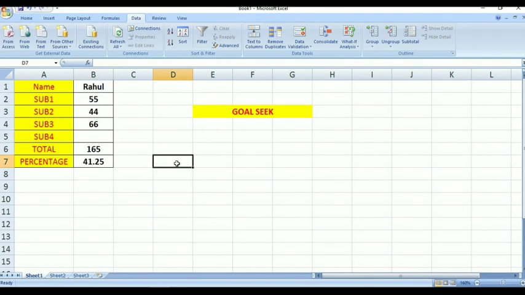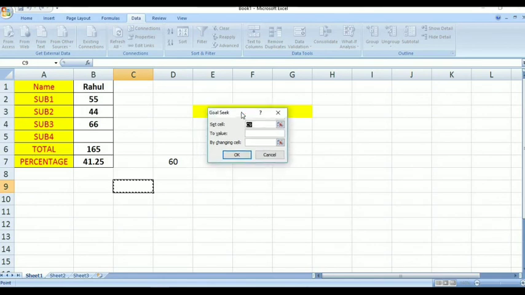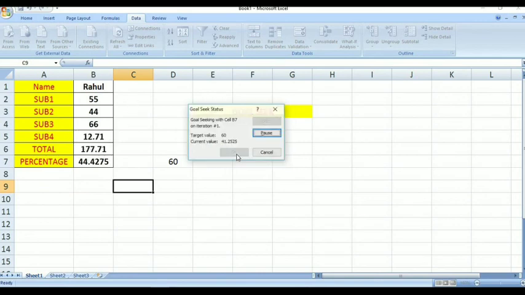Suppose that you want to get 60%. So how many marks will you get in subject 4? For that again you have to go to the data tab, then click on what-if analysis, then goal-seek, and this time you have to select the cell of percentage, then to value is 60, and then the changing cell address for subject 4, this is B5, and then click on OK.